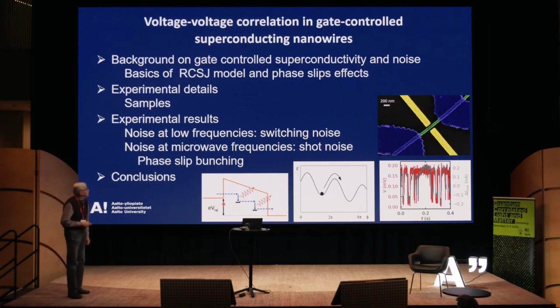Okay, but now up to the main topic. So this is related with the gate-controlled superconductivity. This is a very interesting topic, and in fact this is behind our cobalt silicide work altogether. So we want to make gate-controlled superconducting devices. You can see the structure that we are interested in here. So there is a nanowire with gates, and then one looks how the supercurrent here is changed by the gates on both sides. So here is a brief outline.